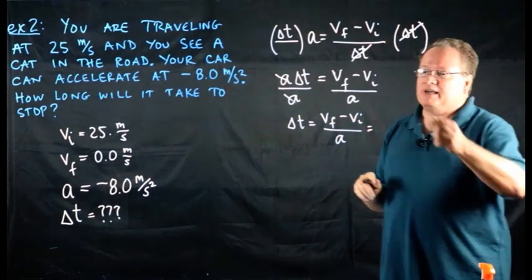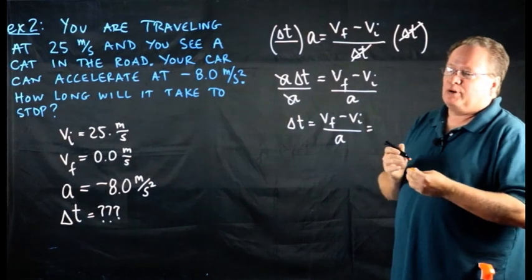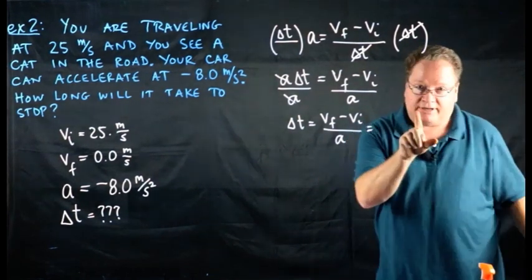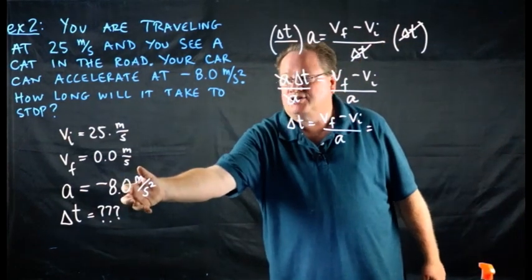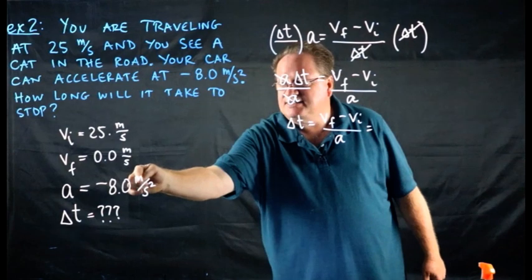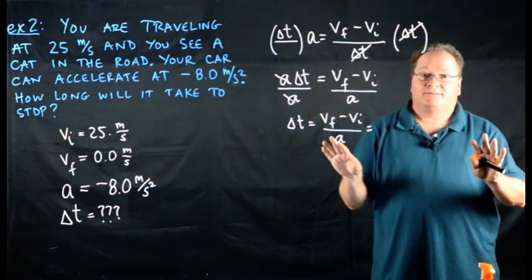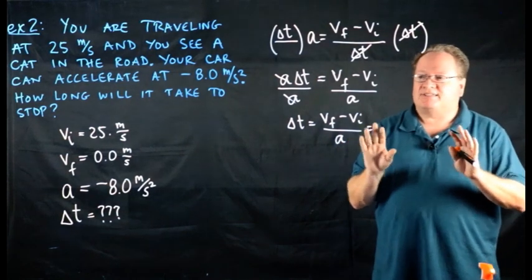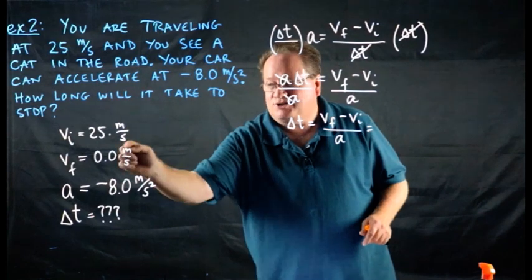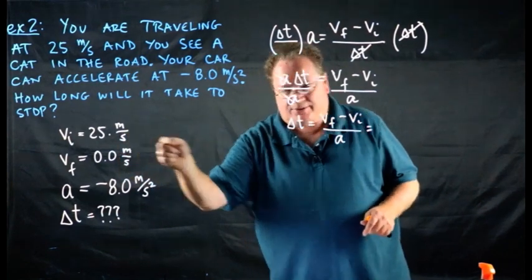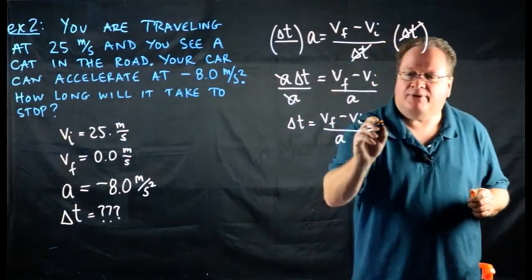So I can plug in now to my formula since I've isolated delta t. But remember, there's something you've got to do before you do that. Double check your units. Make sure they match. Meters are my distances. My times are all in seconds. So we're good. Our units, I don't mean they have to be the same units. I do mean that the distance unit has to match. The time unit has to match. Okay? So we're good to plug in. My VF, 0.